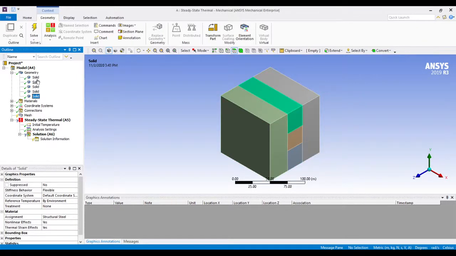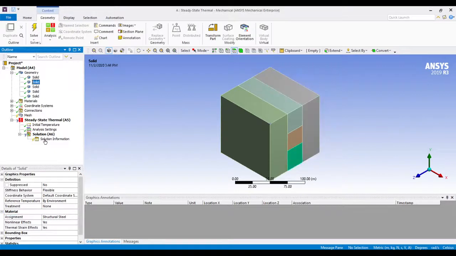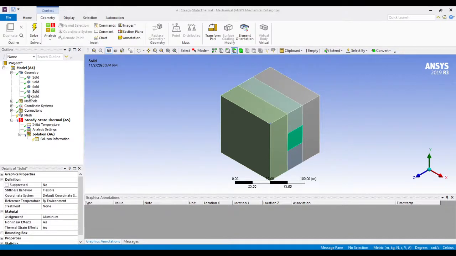Now we'll assign the material for each body. For this rightward body, we'll select it and go to the material assignment. You can see structural steel by default, so we'll keep structural steel for this. Then for the bottom portion, you can assign the material brass. For the leftward portion, you can assign aluminum, and the middle portion you can again assign aluminum. Then for this top portion you can assign brass.